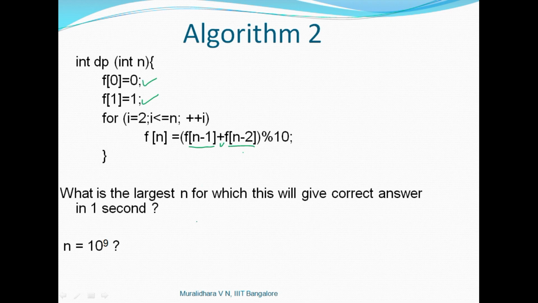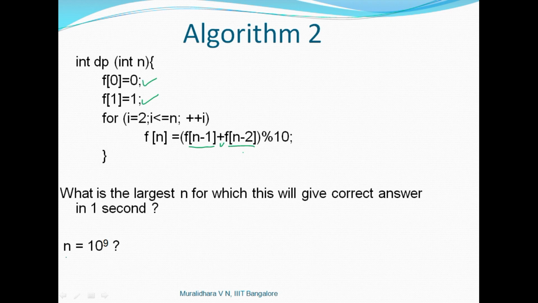So if you had to compute for, let's say, n equal to 10 to the power 6, you can declare an array f of size 10 to the power 6, and you can compute this in a few microseconds. But what is the largest n for which this will give us the correct answer in 1 second? That depends on what is the largest integer array that you can declare in your computer. If it is 10 to the power 6, then you will be able to find the answer in 10 to the power 6 steps.